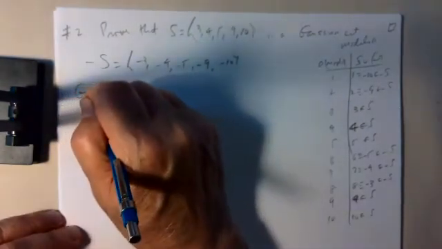And the interesting part of the problem is to use Gauss's lemma to compute the Legendre symbols 3 over 11 and 7 over 11. So what Gauss's lemma says